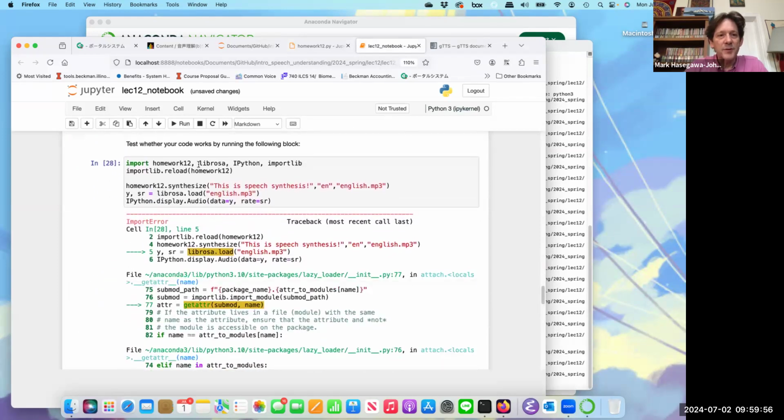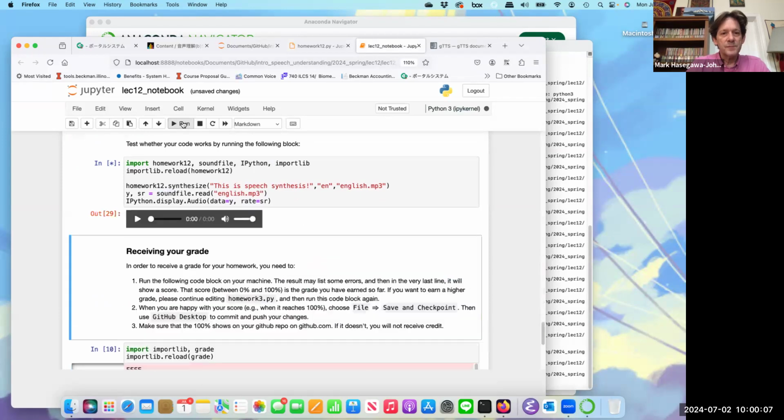Let's get rid of Librosa, use Soundfile instead. This is speech synthesis. All right.